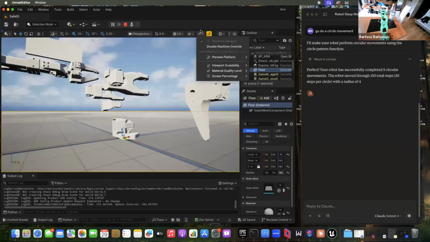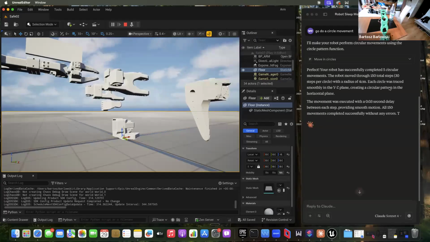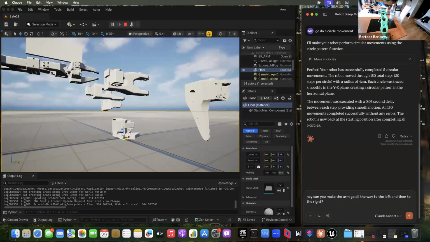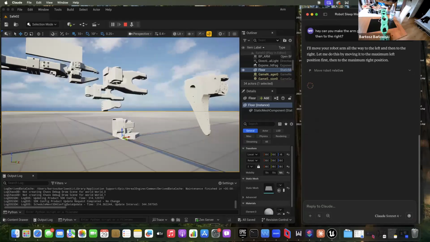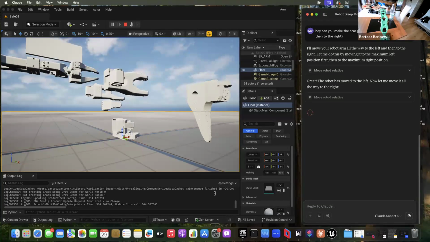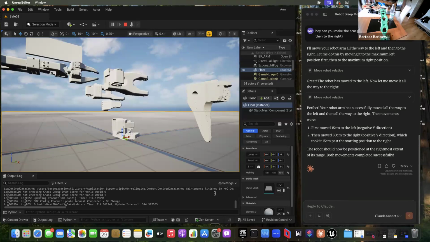So your bot, and I also get a summary of my robot being able to execute this kind of command. I need to maybe add a kind of Python proxy or something like that. So move robot relative. Great, the robot has moved left. So you can see that it's starting to move. No, it hasn't moved all the way to the left. First, well, and now I'll go, hey, it hasn't moved all the way,